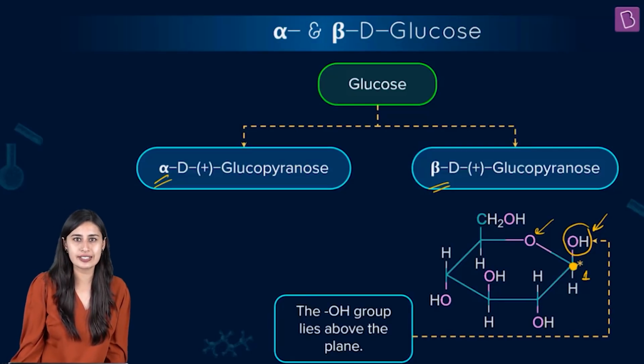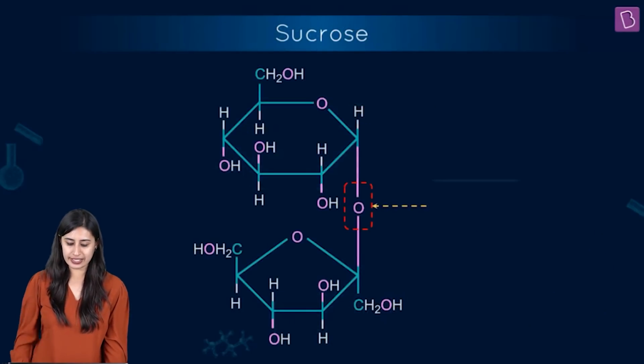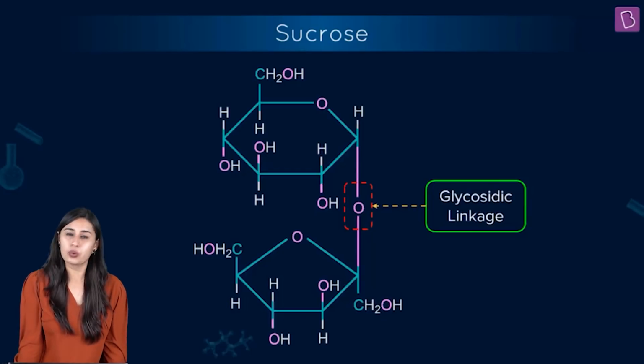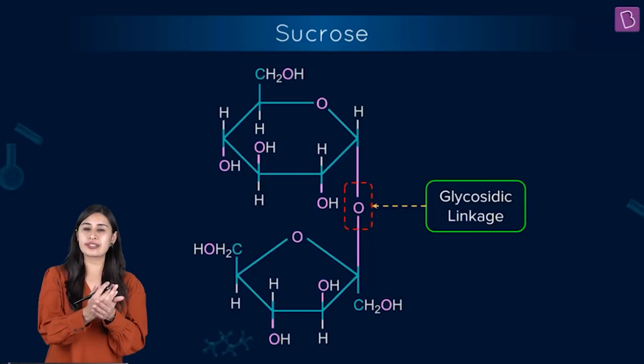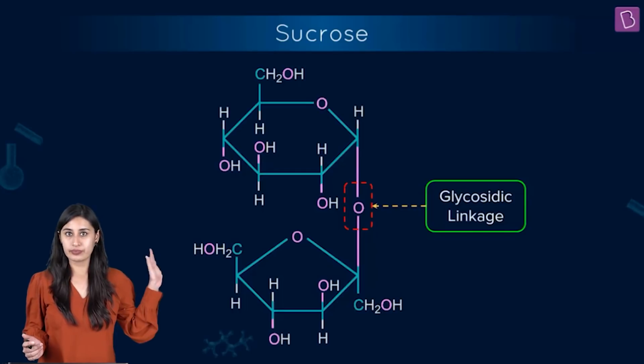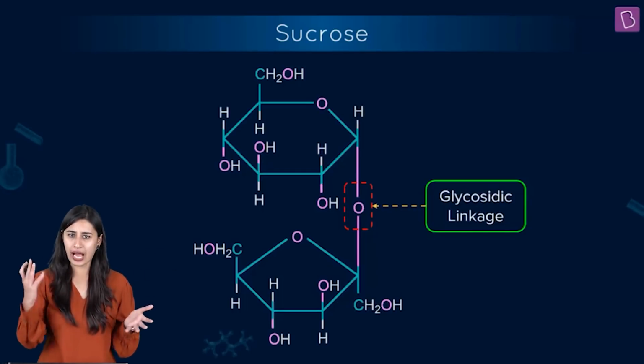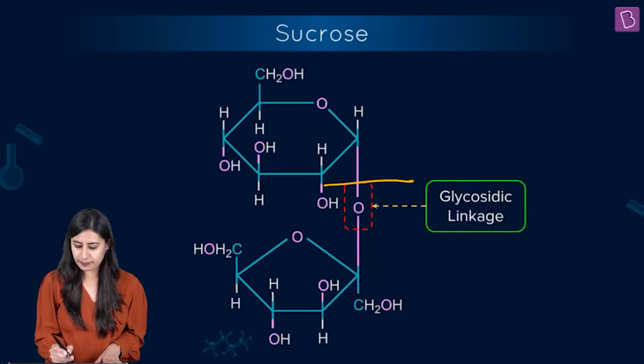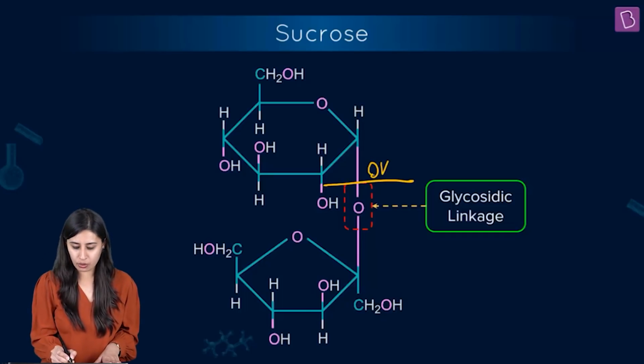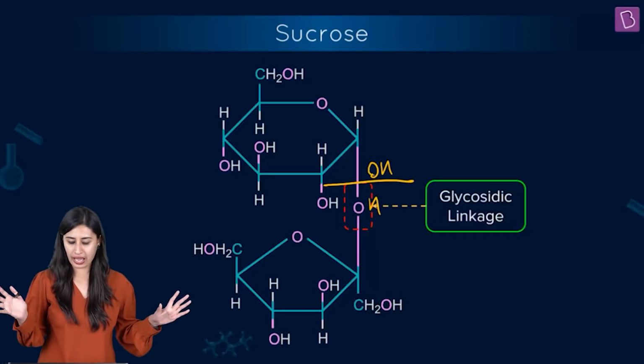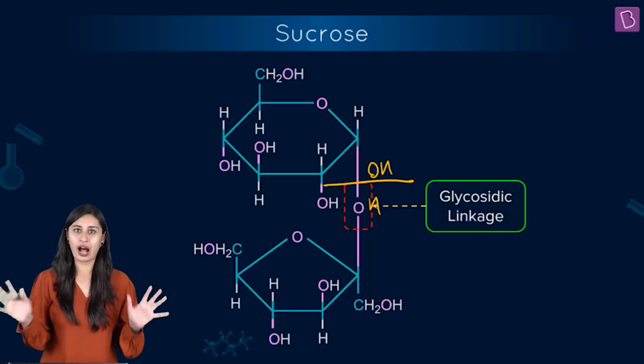What is that linkage's name? It is nothing but glycosidic linkage. Check it out. The question was now about the hydrolysis of that particular glycosidic linkage, sucrose hydrolysis. So this is where the hydrolysis will happen. Put an OH here and an H here, and this is what you're going to get the answer of.